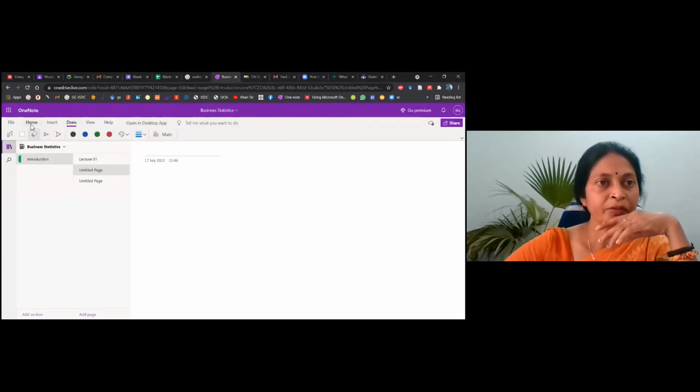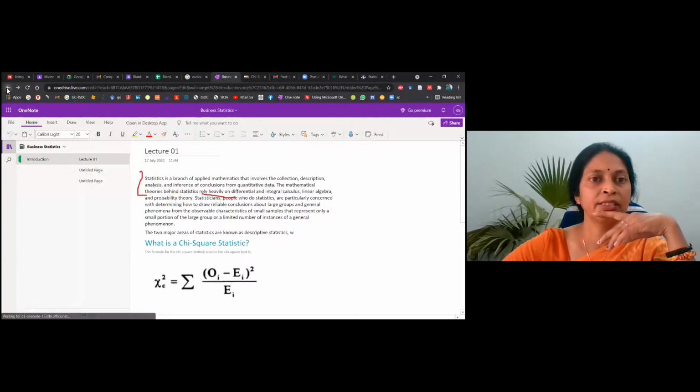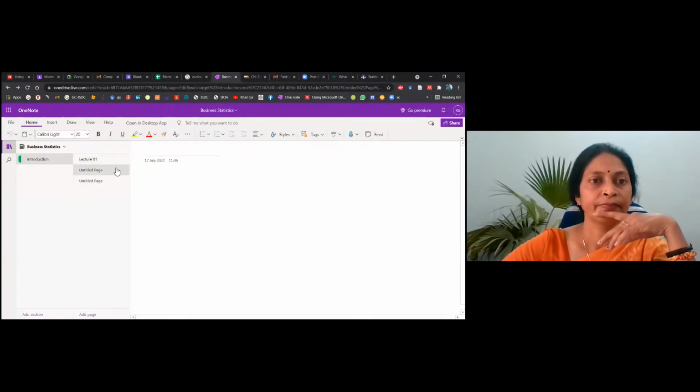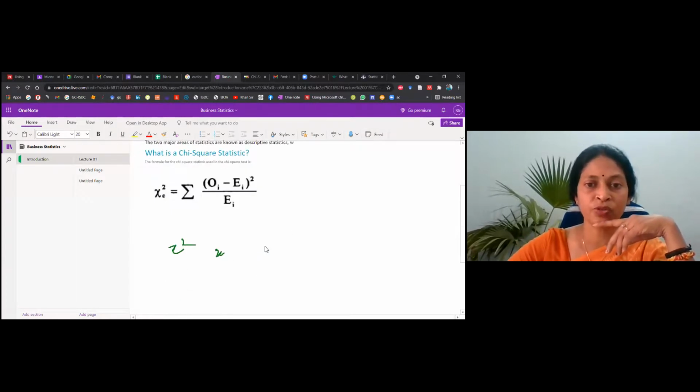As I have already picked up the pen, I think I have to get it released. Okay. So this is how you work on this OneNote. Another important thing is that you can record things here. I'll show it, that is also the very best part of it. Let me show it to you.